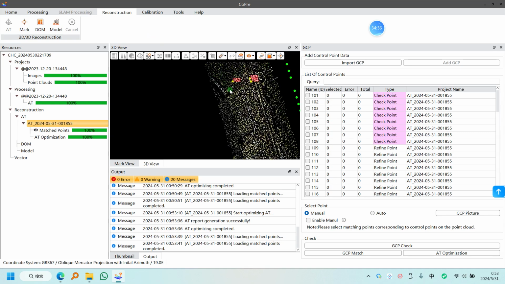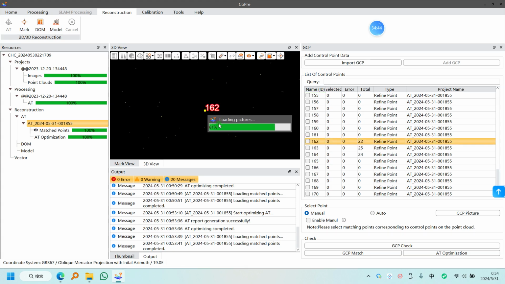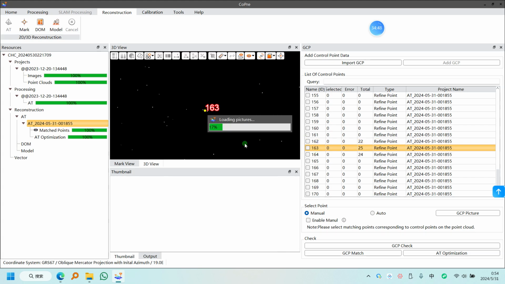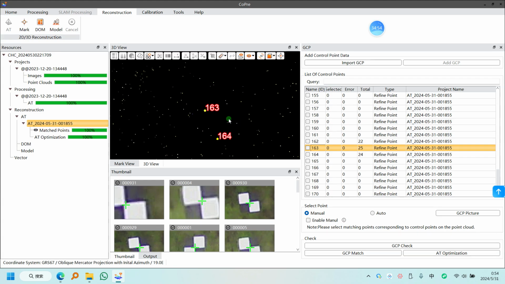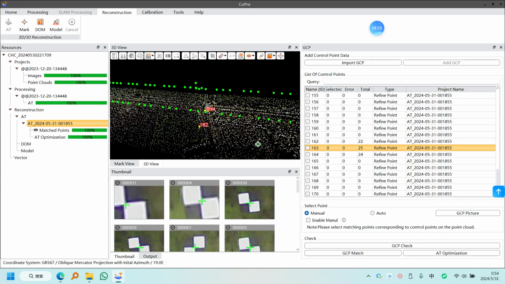Back to this one, we can check the 162. This point 162 is very close. Yes. Okay, so if we think this result is enough for our DOM requirements,